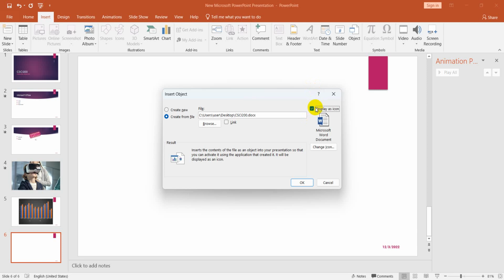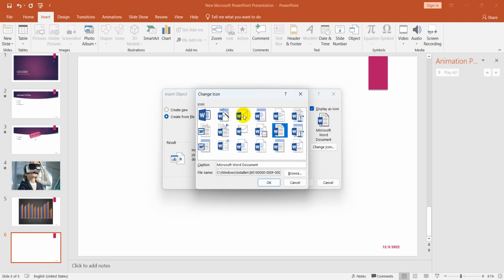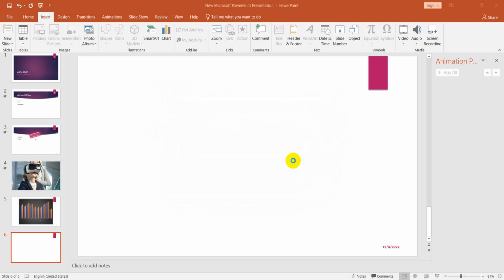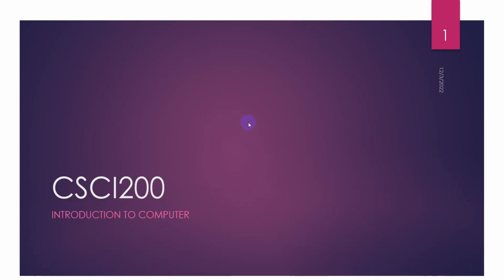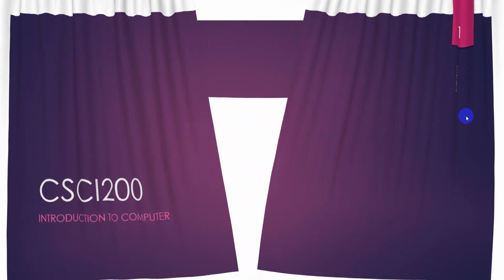If I click on this icon, it will open the file with, for example, Microsoft Word. I can customize the icon or change the icon style. Now if I click on OK, here the object is displayed as icon. Now if I run the slideshow,